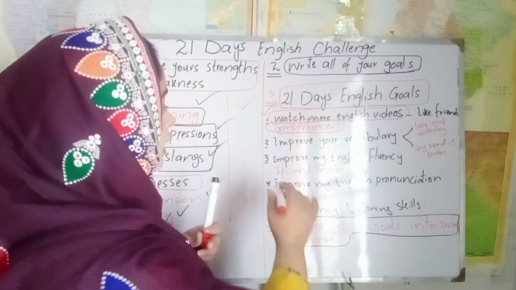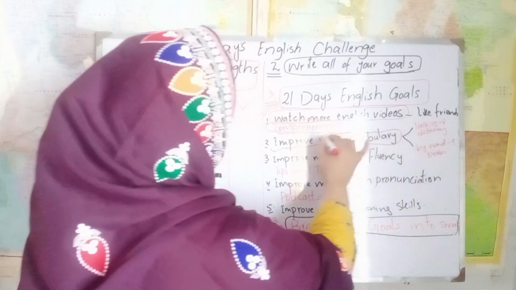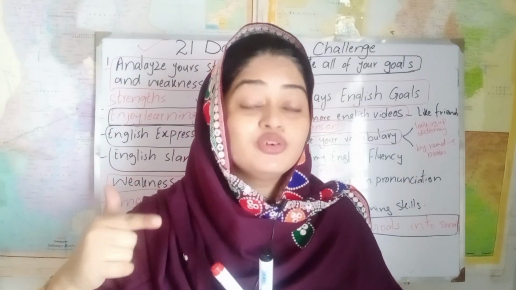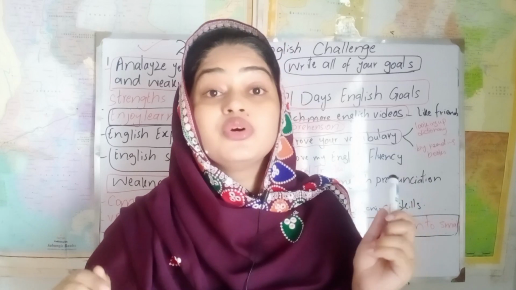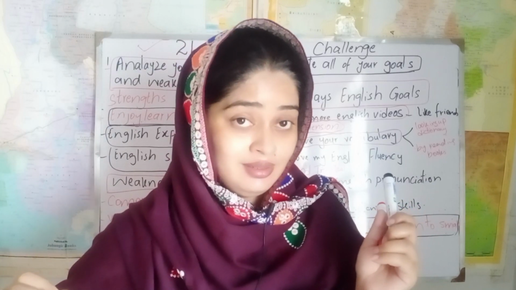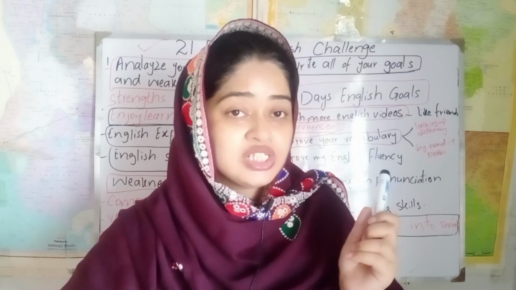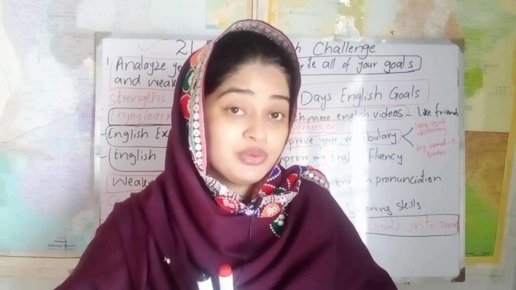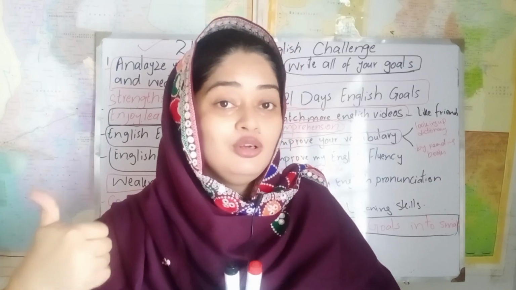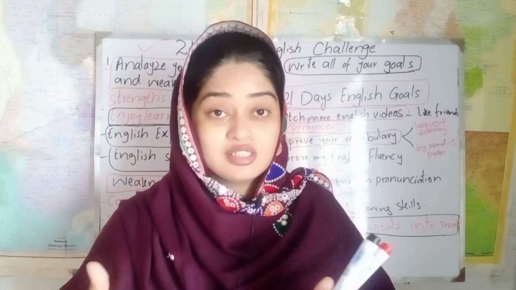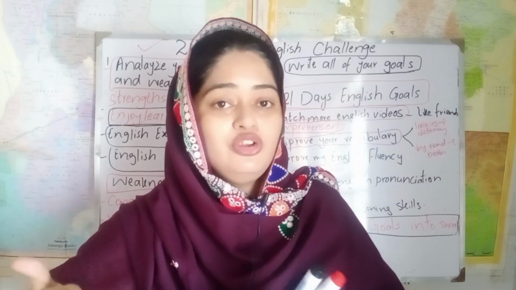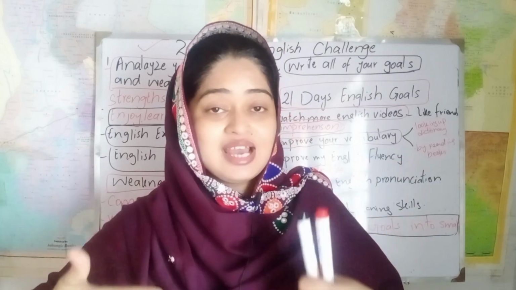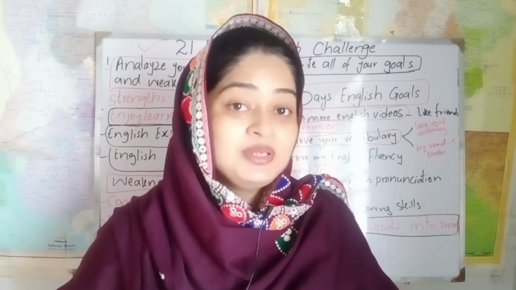The next goal is to improve your vocabulary. Now this is your English goal. In fact, what are your weaknesses? You have to convert all your weaknesses into your English goals, so that you can achieve them. How to achieve them? For improving your English vocabulary, what do you have to do? Number one, you have to look up the dictionary. Yes, this is the best method, and learn 3 new words every day. Our next thing is to read books and to digest the words and the meanings of the new words.